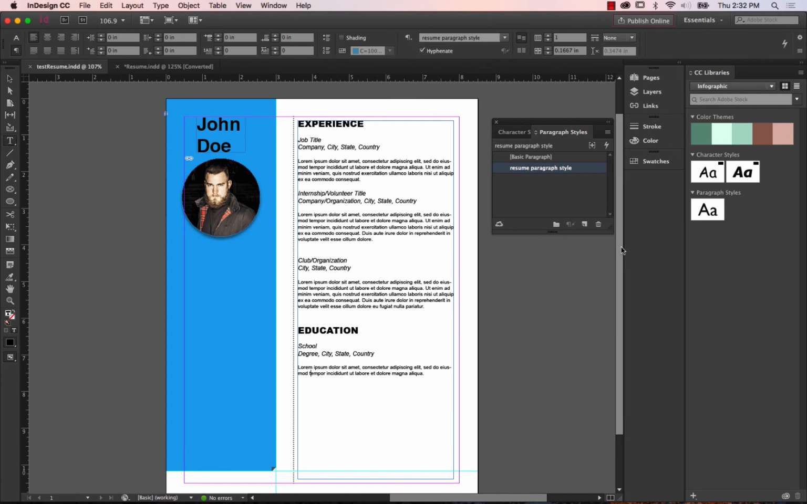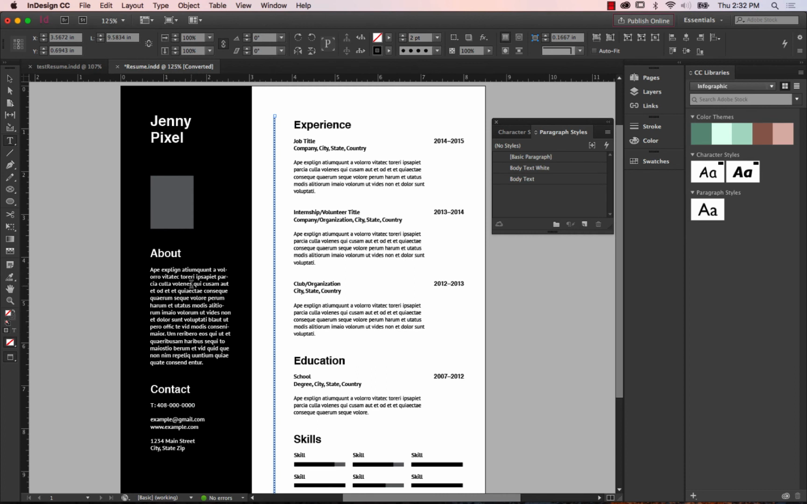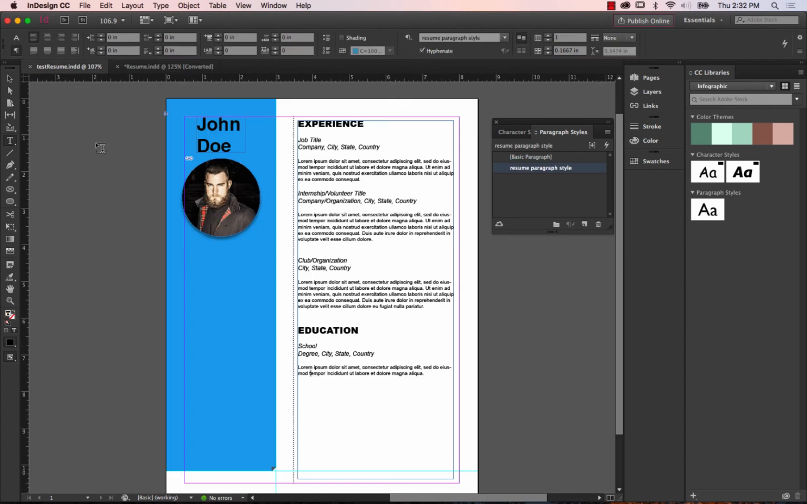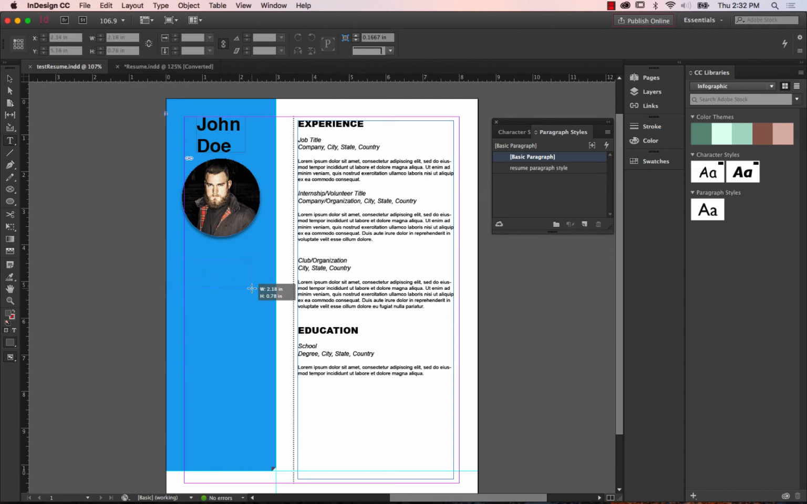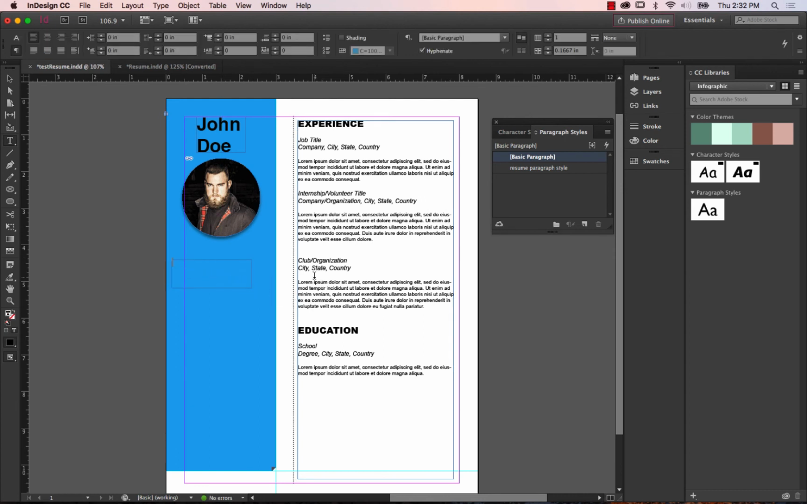So we were quickly able to select the type and set some styles to it. And the cool thing about it is when we go do the other parts, like about and contact, we'll choose the about section and set that as a header as well. So let's go to our type tool, and drag out an area right there. And we'll call that